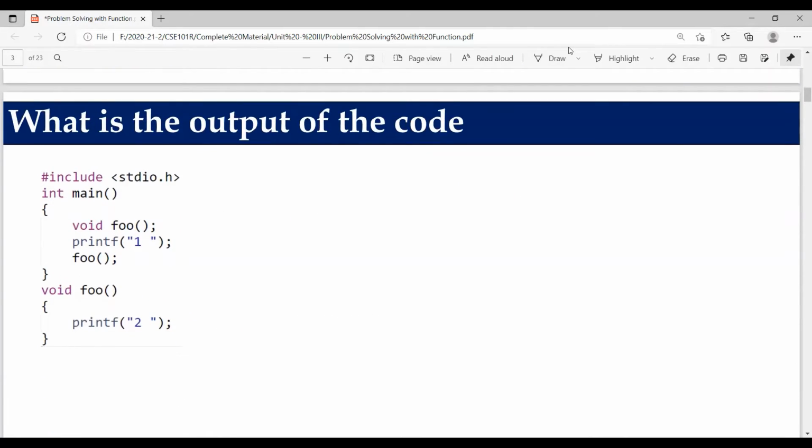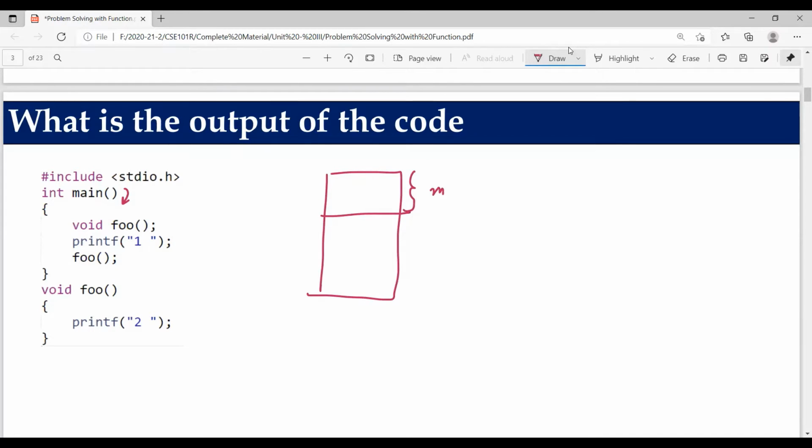Yes. Again, there is a question of find the output of that particular code. Let us see another function-based question over here. So always start execution from the main method. So main method gets called, correct? And let's draw the picture of a RAM, and that particular area is reserved for whom? For the main method. Okay.